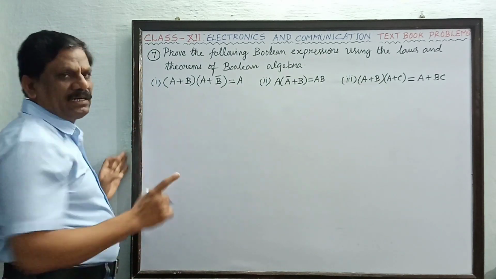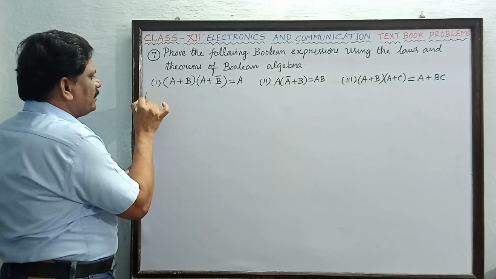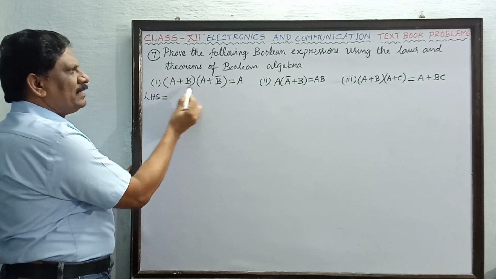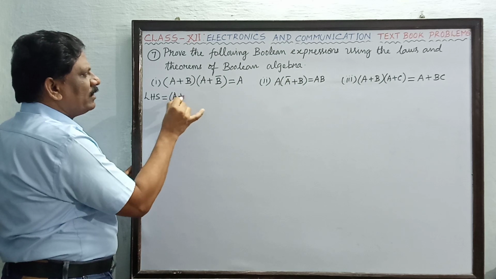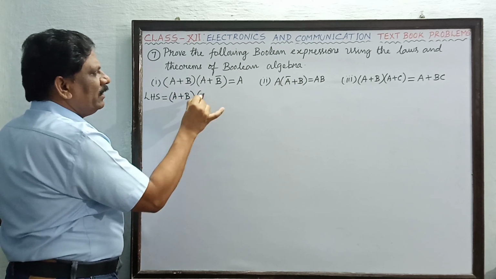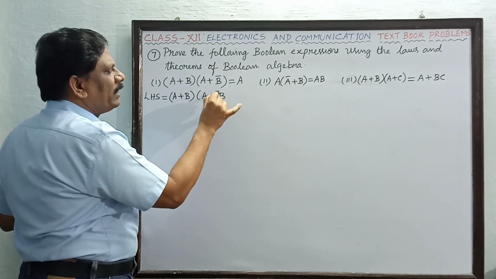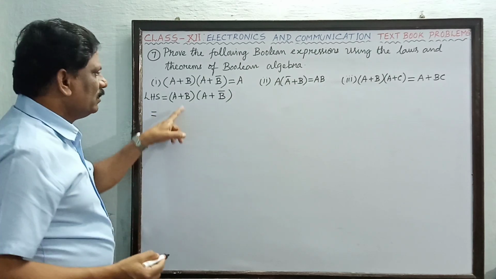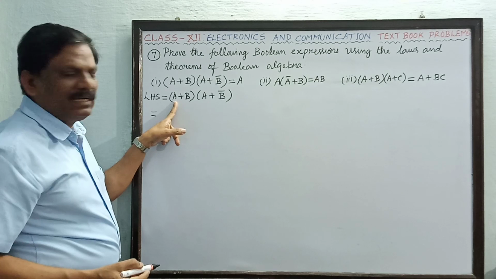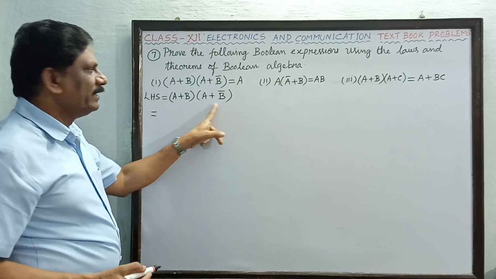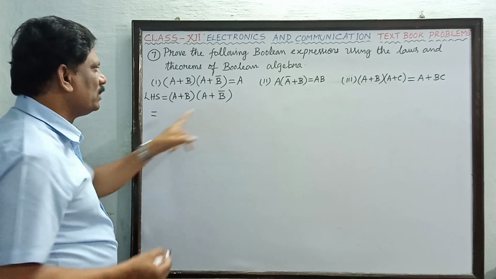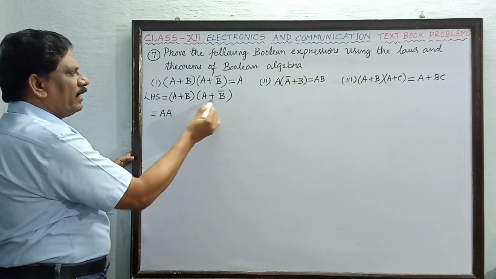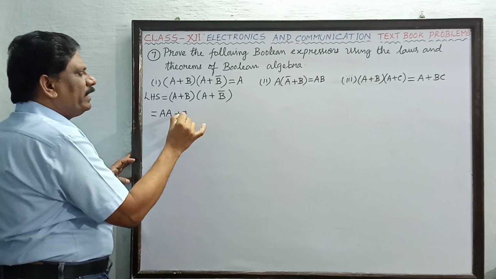So first we will start with the left hand side. So always you begin with the left hand side. So this is a plus b. Left hand side is equal to (a plus b) into (a plus b complement). So this is now equal to, first we will multiply this a with the right side bracket, two terms. So a into a is a, plus a into b complement